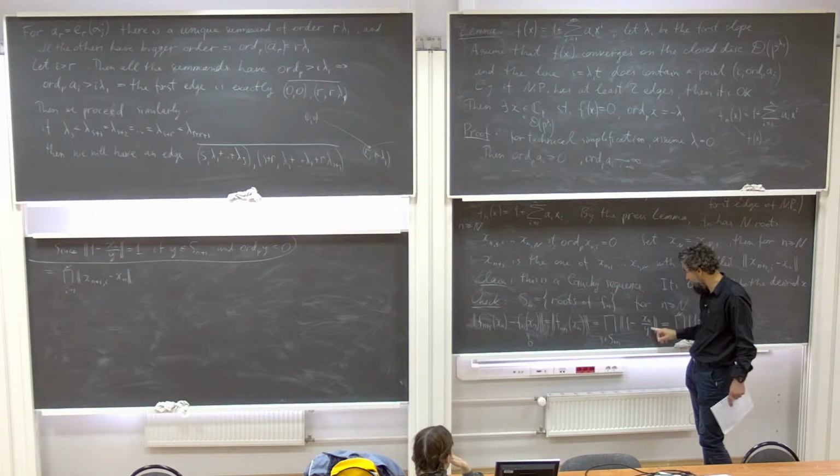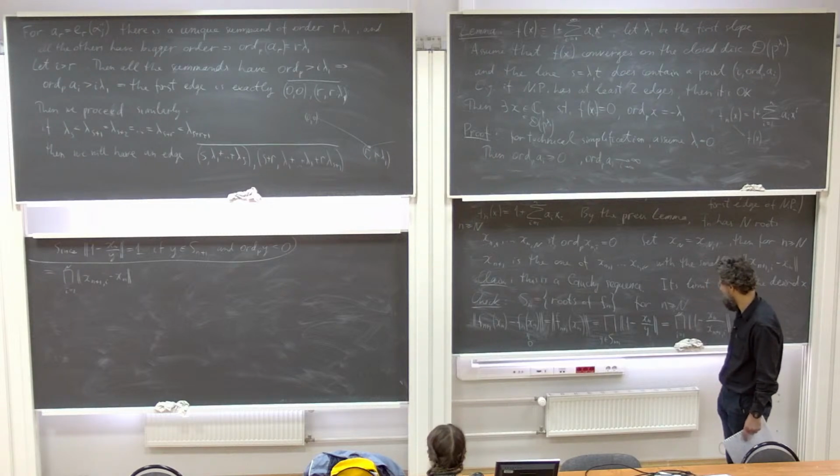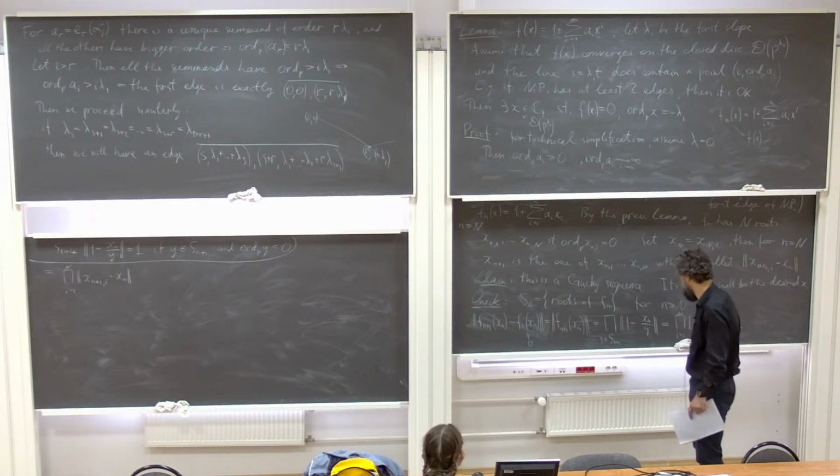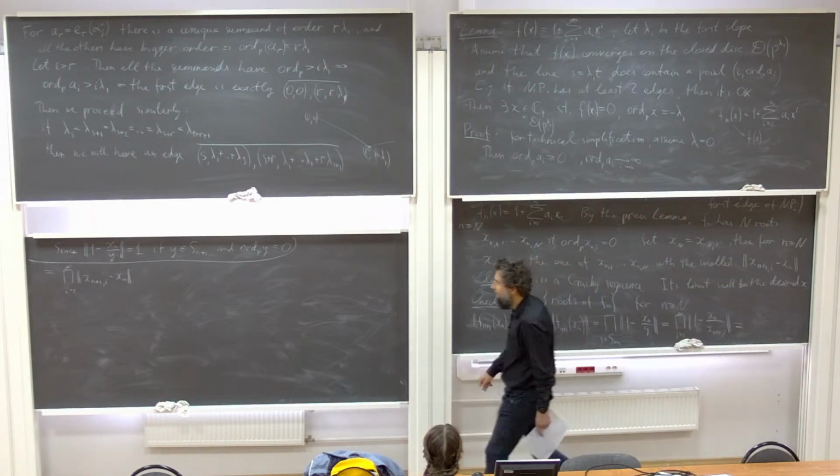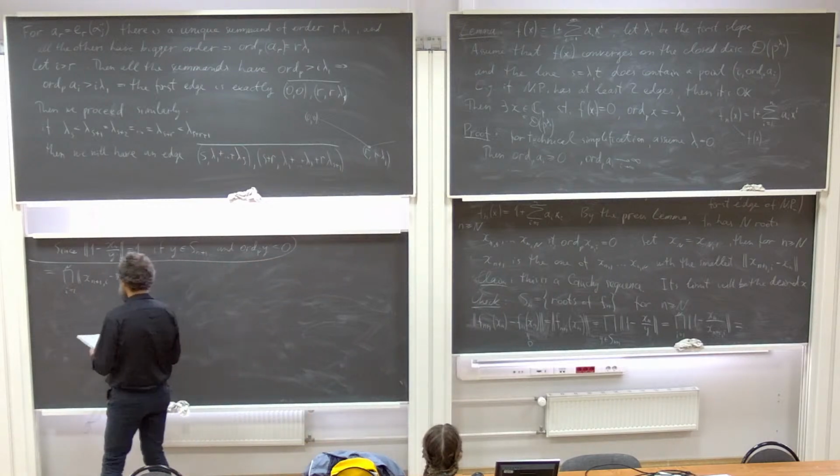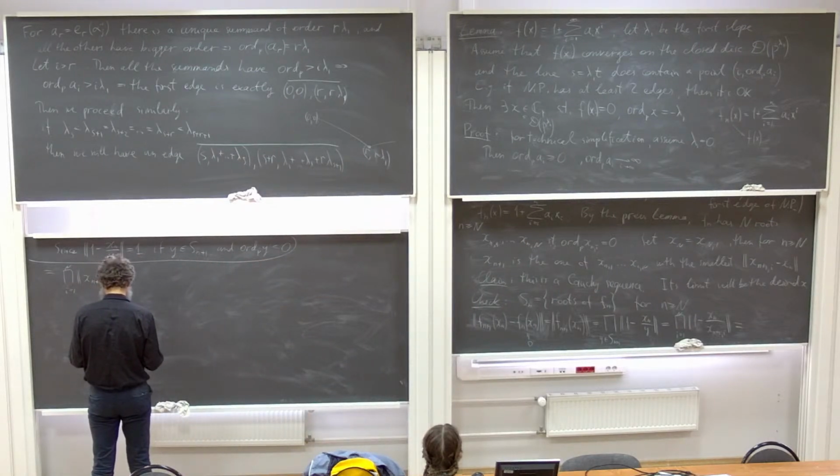So this ratio will be integral. So this difference will have order 0, and norm 1. Okay, so it is this product,